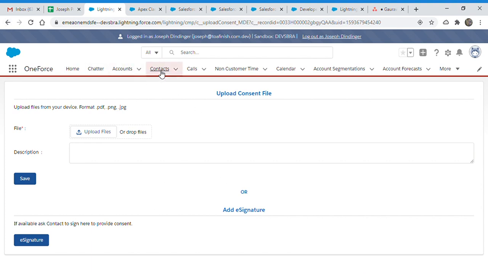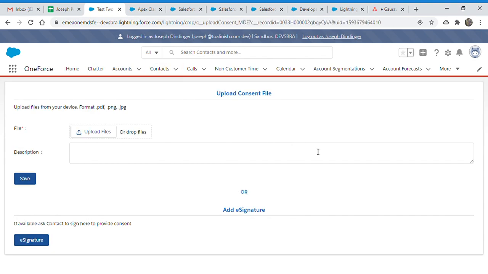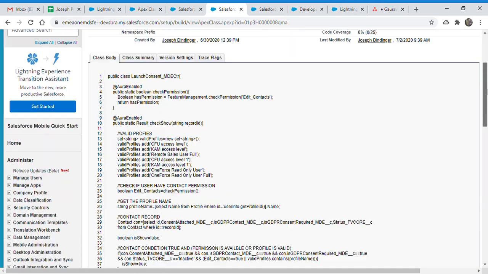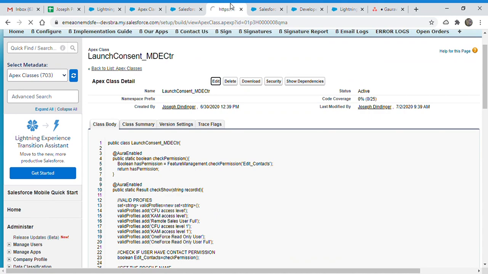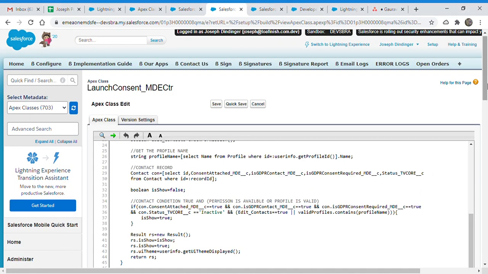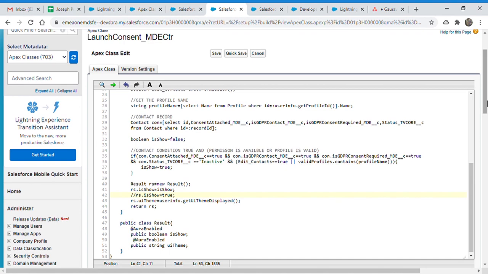So right now if I try to open the contact, because I have forcefully set the show attribute, it will bypass these conditions and always open the page, just for testing. For now let me disable it. I have to find a contact which fulfills these conditions, and I just commented this one.